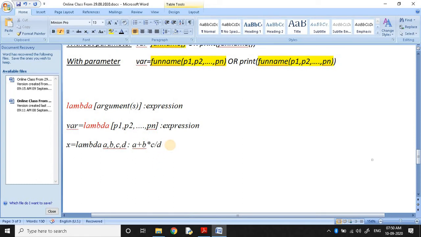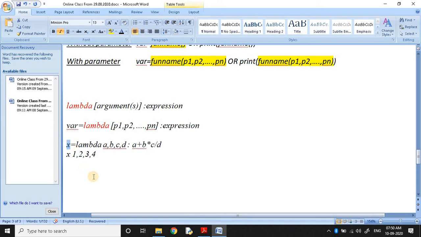How to call this lambda function? Simply call x, where x is the name of the function, with 1, 2, 3, 4. That means 1, 2, 3, 4 are respectively stored in a, b, c, d. Then this expression result is evaluated and stored in x.